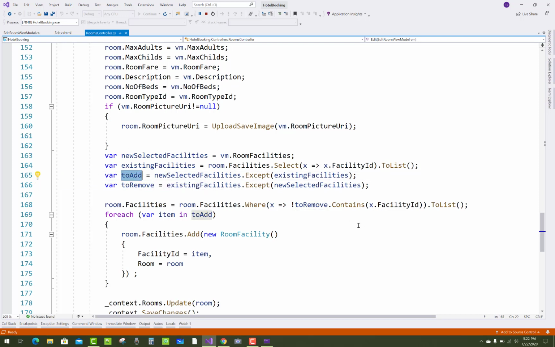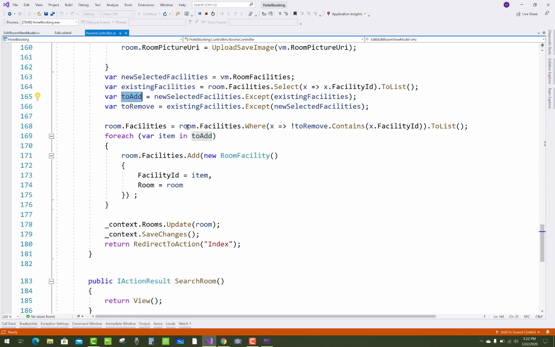So you can add facilities to the room by using this, and remove existing facilities by using room.Facility equals room.Facility.Where toRemove.Contains x.FacilityIDs. So this, and then context.Rooms.Update room. So you can add these things in the edit rooms, and between the room and the facilities there is a many to many relationship.